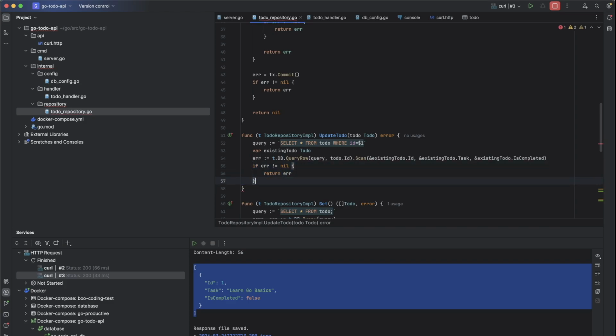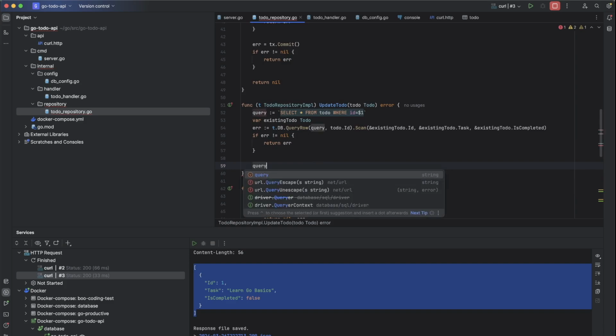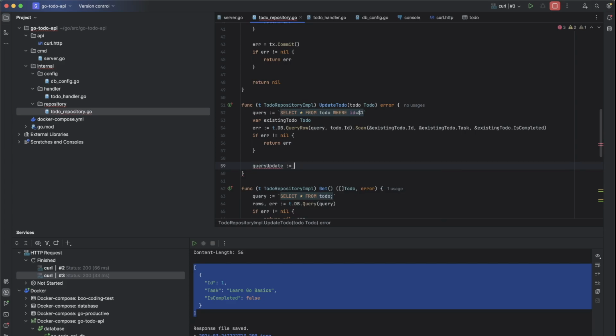If there is an error, we'll just return it. But if there is no error, let's do the update. For the update is providing the query again. Query for update equals to update todo set task equals to variable one, and also the is completed equals to variable 2, where id equals to variable 3. And then